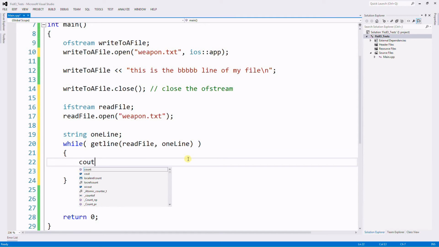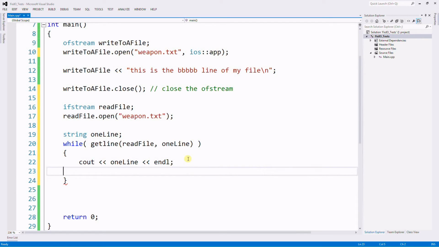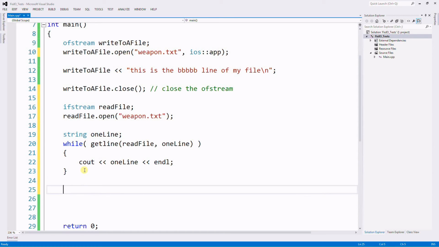So within the loop, I can cout oneLine, and that should get a line from the file. In other words, read from the file, print to the console. And once there's nothing else to read from this file, the loop stops, and then we need to close the ifstream. Our ifstream is called readFile. So readFile.close